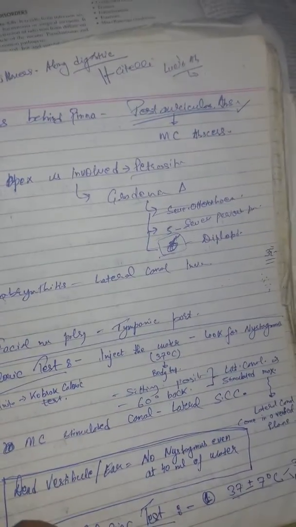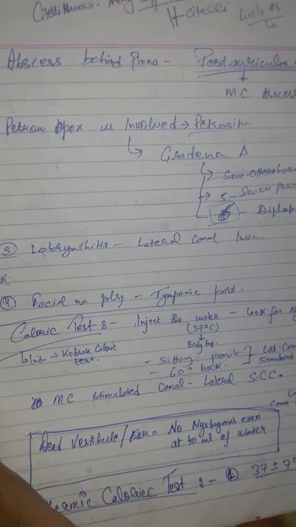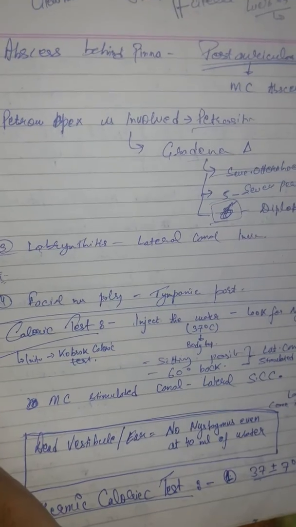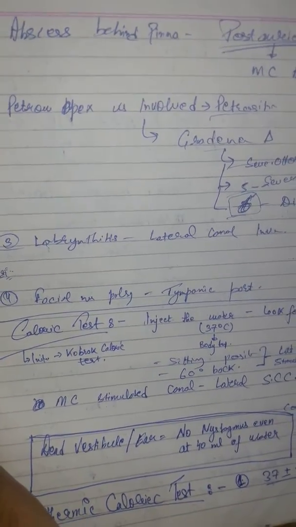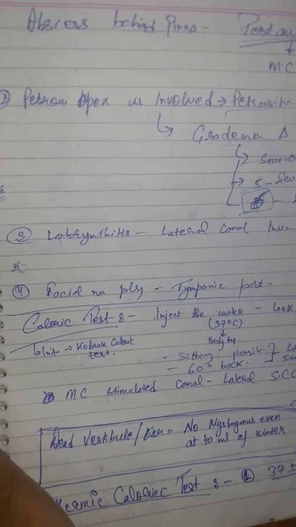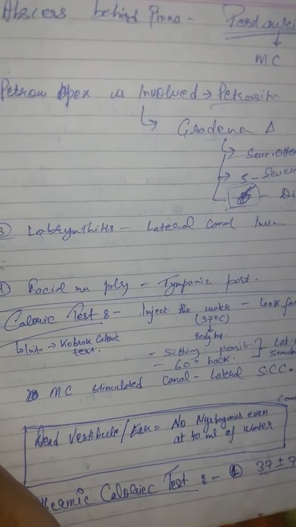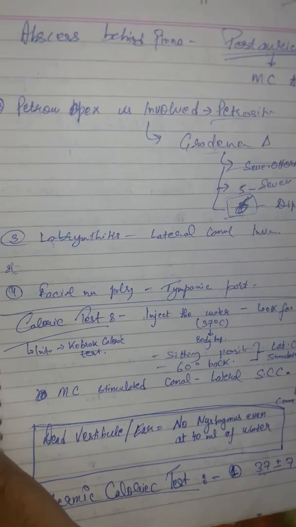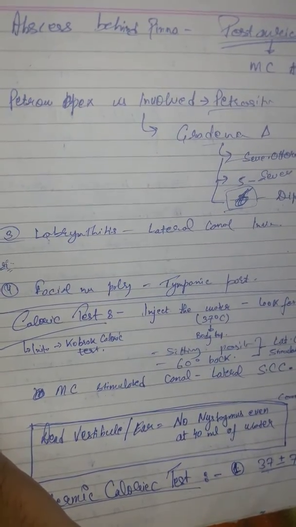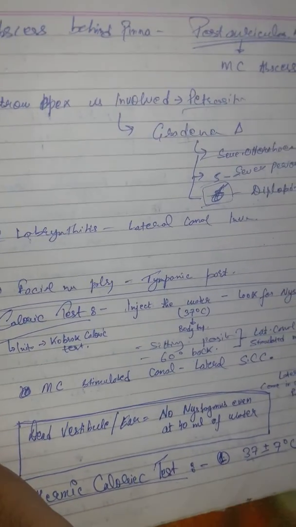The other extracranial complications are petrositis, labyrinthitis, and facial nerve palsy. In facial nerve palsy, mainly the tympanic part is affected; if we use common sense, the tympanic part of the facial nerve will be involved in any middle ear disease. In labyrinthitis, the lateral canal wall of the middle labyrinth is involved, the lateral canal. And the petrous apex is involved in petrositis, where we can see a syndrome known as